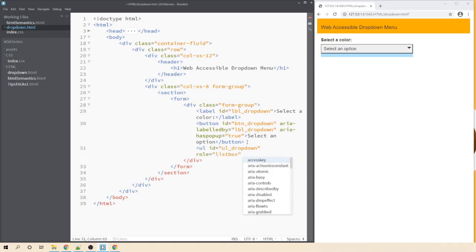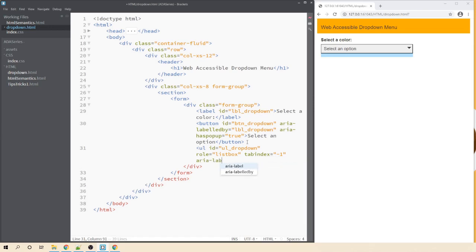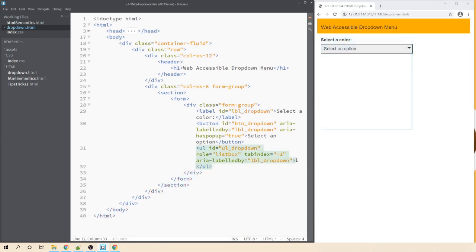And then we should have tabindex, which we can set to -1 because we don't want that UL element to get a focus while we are tabbing through it. And then we can have another attribute. We can say aria-labelledby, and then we can again refer to the ID of this label. Let's paste this one. Let's close this UL tag.